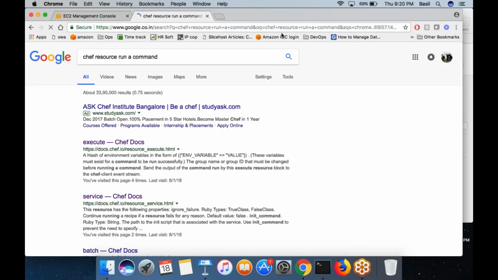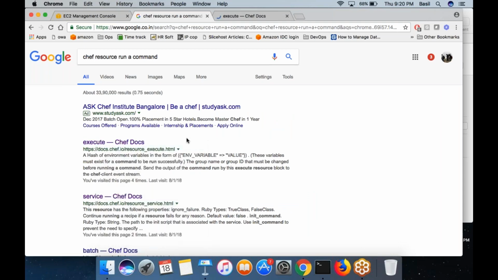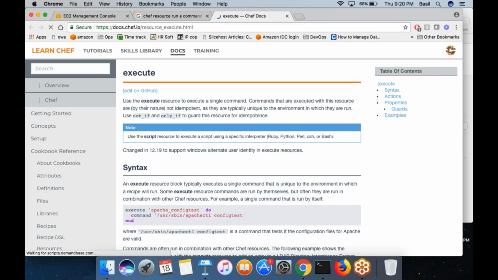You will get the exact resource name that you want to use. In this case, the resource is execute. So go to this documentation. It's the best way, right? Whenever you want to do something with Chef, search in Google what is the exact Chef resource that would help you do the thing.